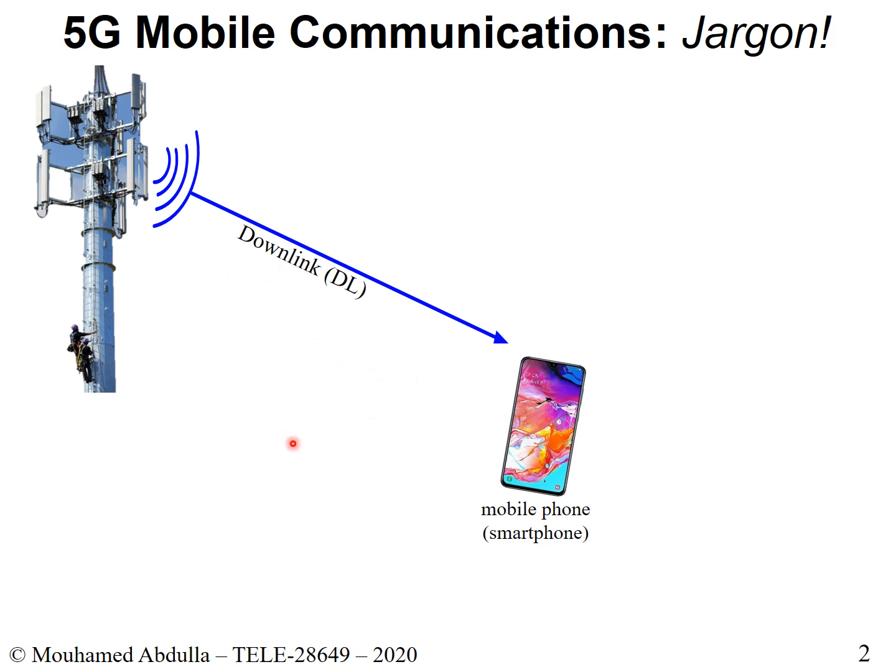Now, this signal, typically what we have today, operates around 700 megahertz, 1.7 gigahertz, perhaps 1.9 gigahertz and 2.6 gigahertz. It varies from country to country, but these are some of the values that we have here in Canada. The signal could also go the other way around. It could go from the device itself, from the mobile device to the cell tower.